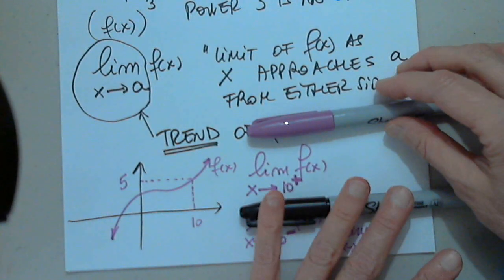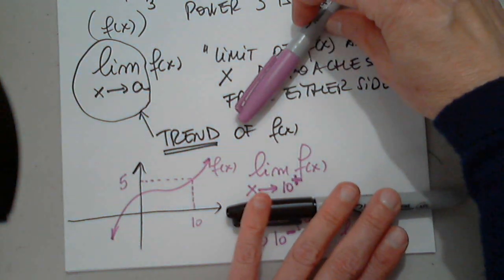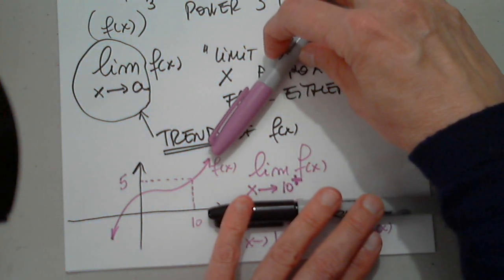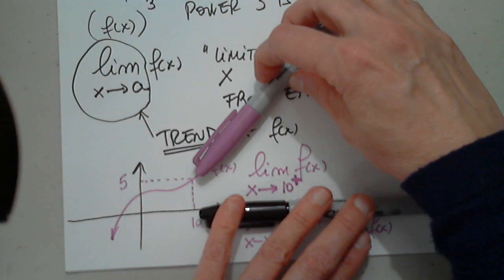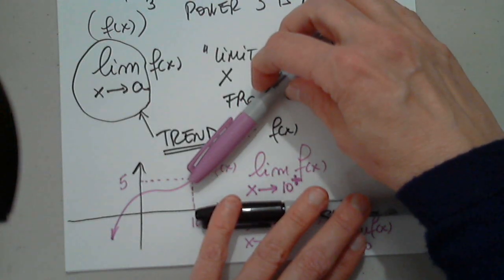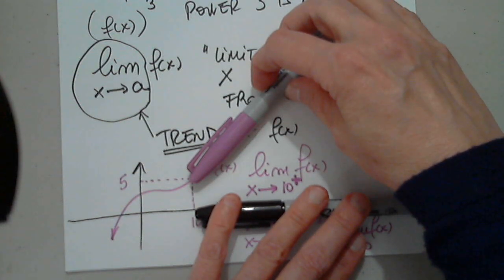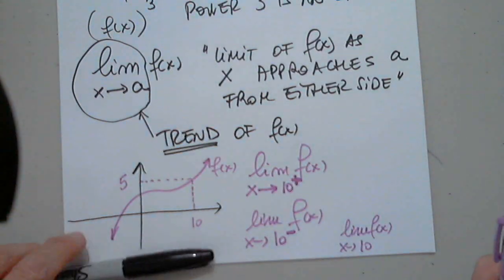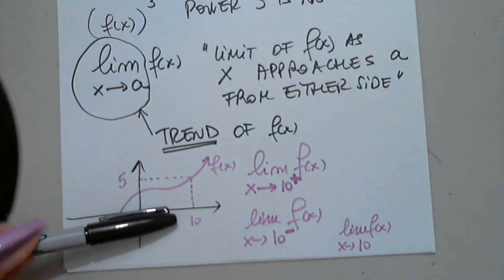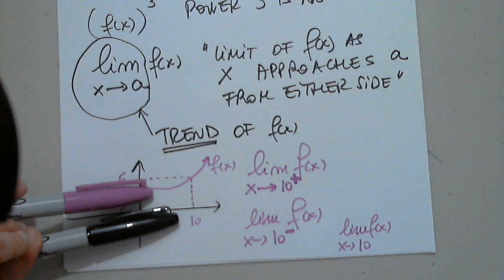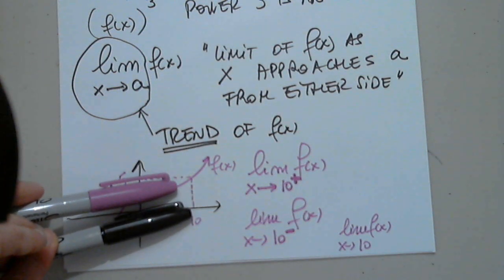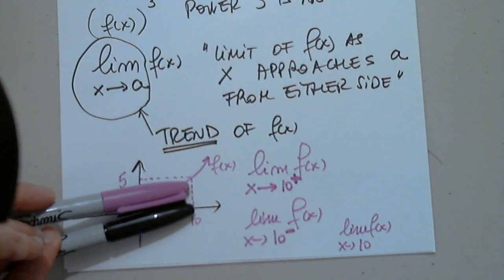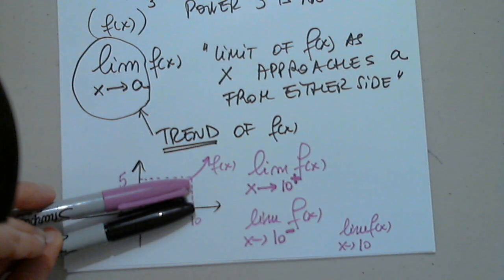So as x approaches 10 from the right, the function values get closer and closer to 5. Excellent. From the other side, as x gets closer and closer to 10, from the left-hand side, with values smaller than 10, the function values get closer and closer to